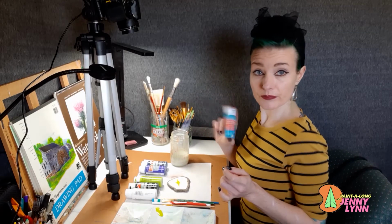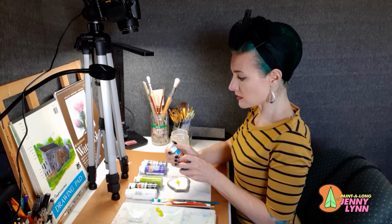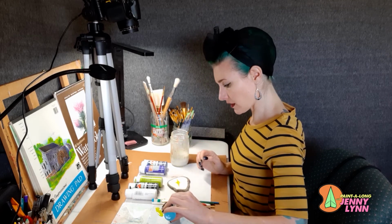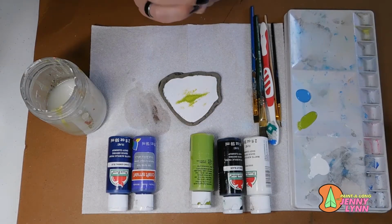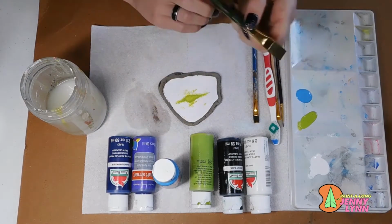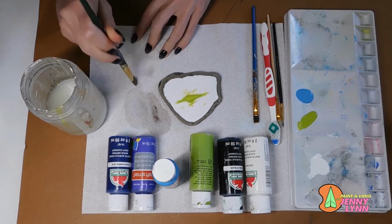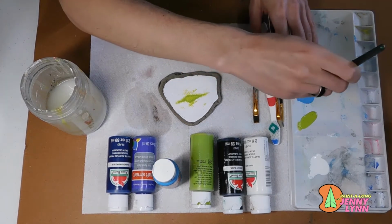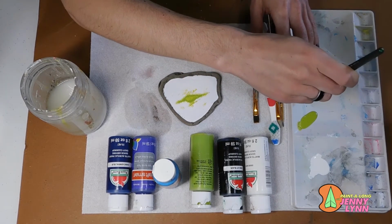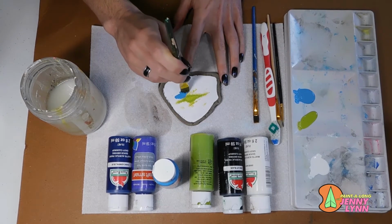We shake it up. Shake it good. We're going to put a bit on our palette. And then we are going to take one of our square brushes. Make sure it's somewhat dry. Doesn't have to be perfectly dry, just a little bit. Just get the tips in our turquoise paint, and then we're gonna dab